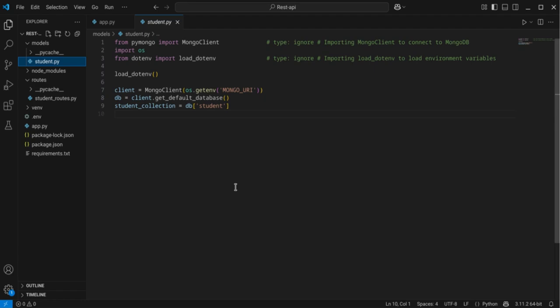In the first line, we have imported the Mongo client, to connect directly with our MongoDB. In the second line, we have imported an OS module of Python. And in the third line, we have imported the .env file to access our keys or environment variables, I